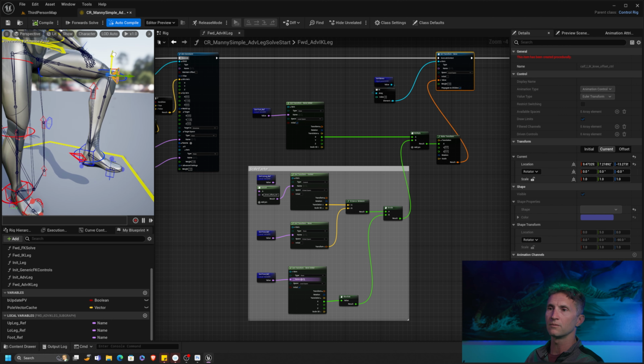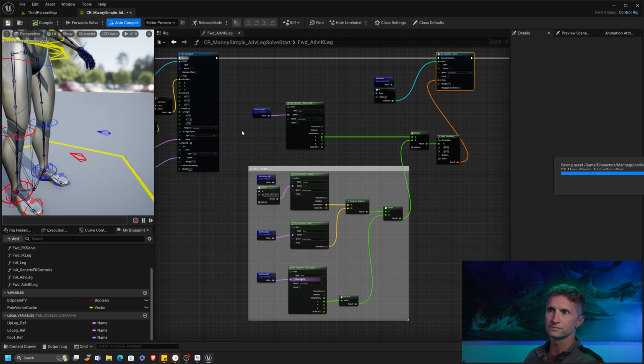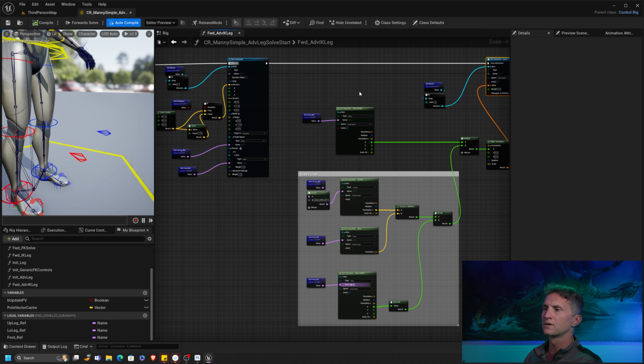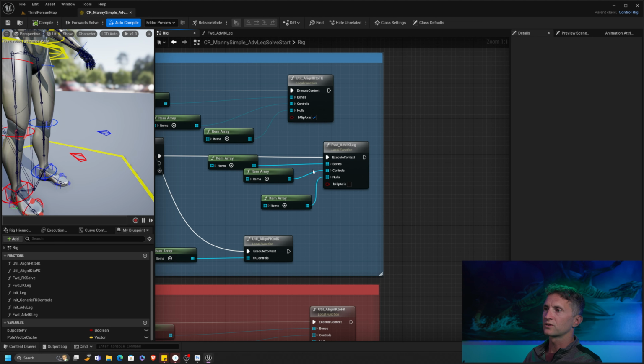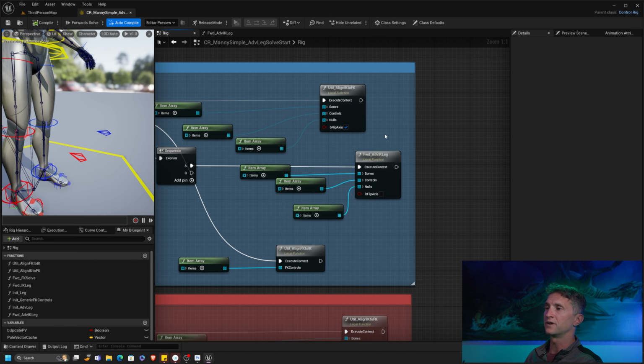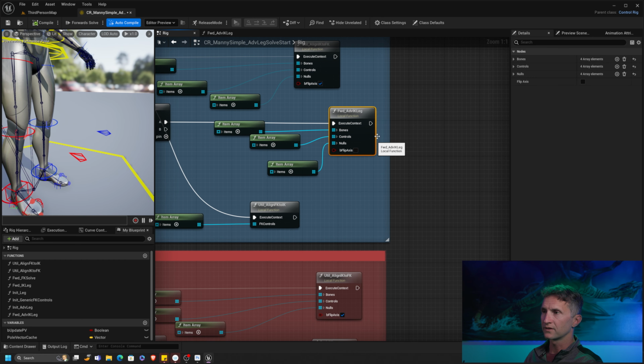Now we do have a problem. Notice the problem? Our twist joints are not adjusting. So in order to really make this sing, we need to account for the twist joints as well. So before we do that, let's compile and save. All right, so to account for the twist joints, let's take our advanced IK leg and add two new